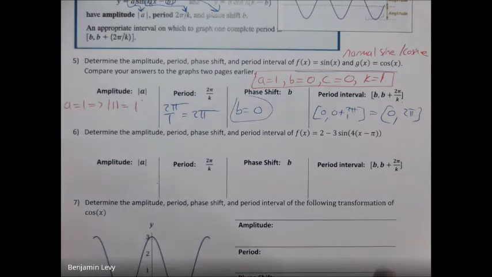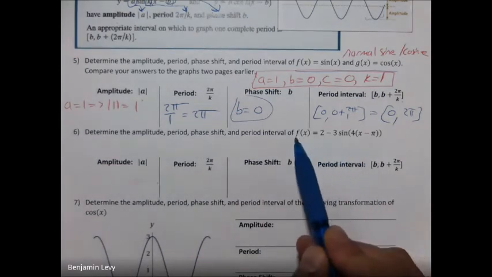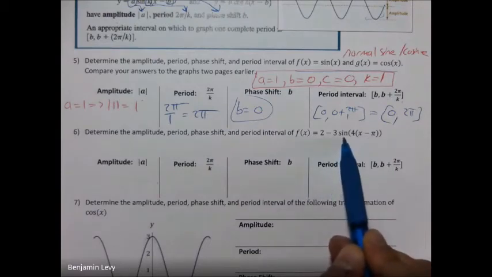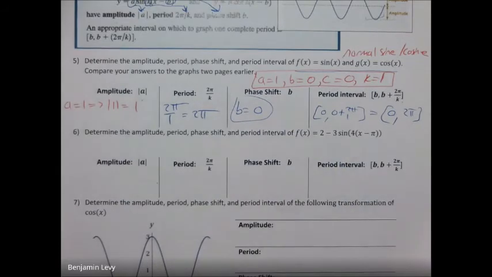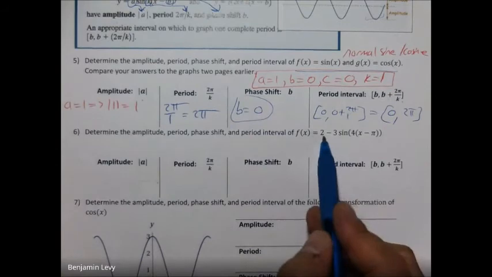Let's look at one that's now transformed, right? So here's a transformation that's being done on sine. We can write down what a, b, c, and k are here and plug them into the formulas to figure out the new values. Right, so if I'm looking at this function right here,